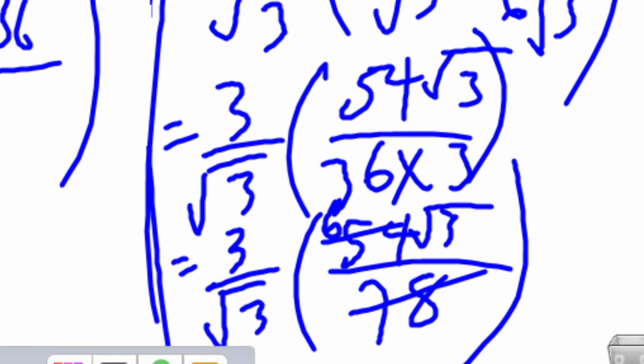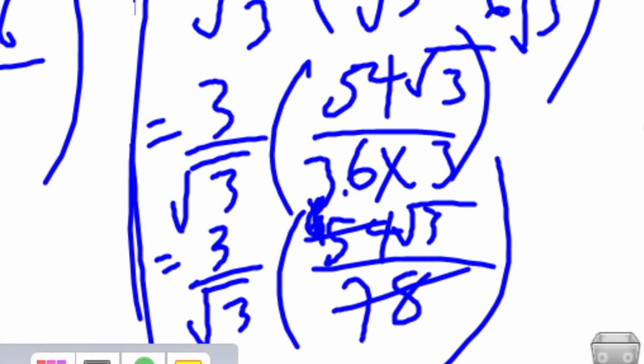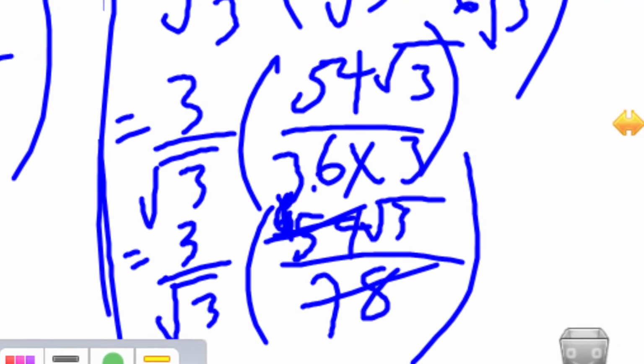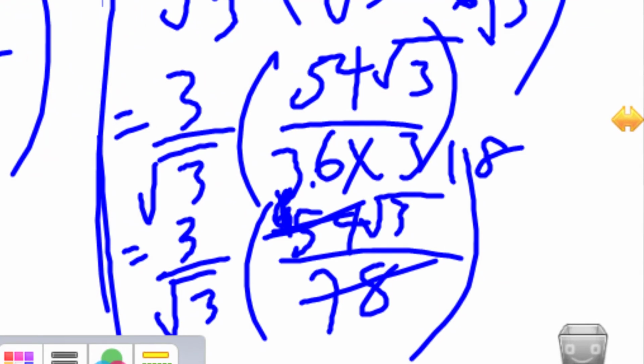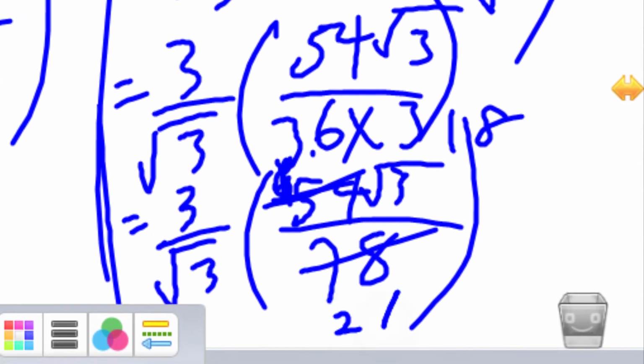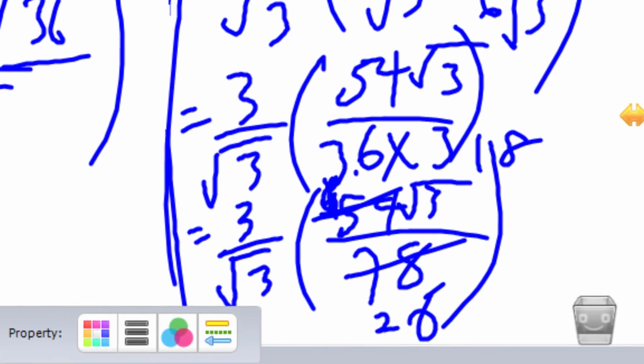So in this case, 3 in 54, that's 18. Then 3 in 108, that's going to be 36. So we have 18 and we have 36. So we move on by saying